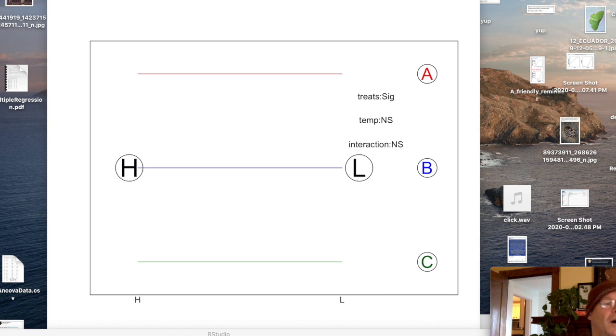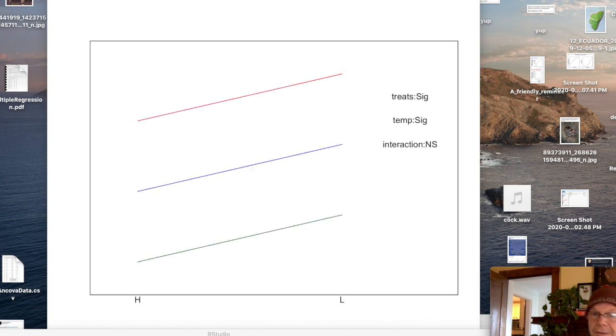Okay, let's do one last example here, and this is going to be an example of where we have both treatments being significant and temperature being significant, but there is no interaction effect, right? There is no significant interaction. And again, we can eyeball this and understand what's happening at each step of the hypothesis testing. When we're doing the hypothesis testing for temperature, we're looking at the average across all treatments at the high temperature versus the average across all treatments at the low temperature. Those means look a little different to me, so we might not be surprised that in our ANOVA table, that's